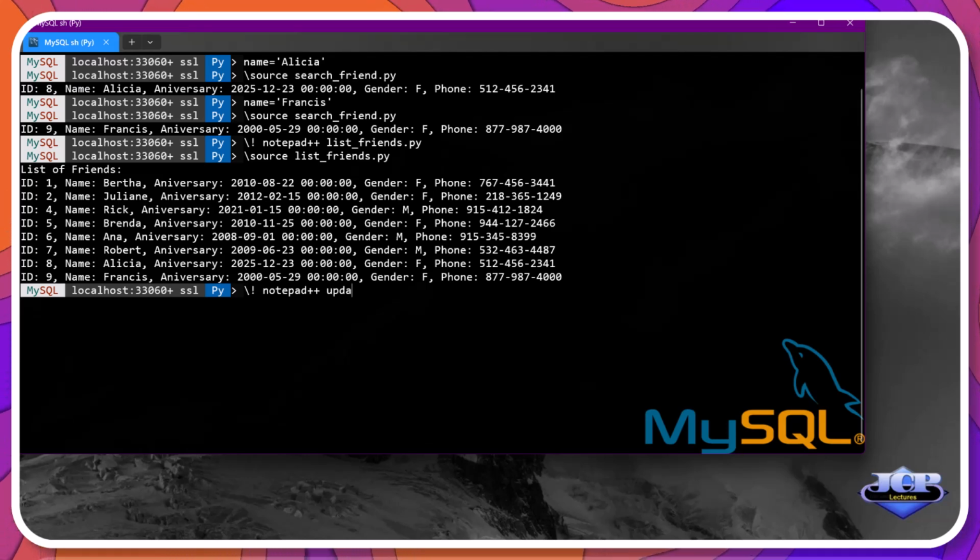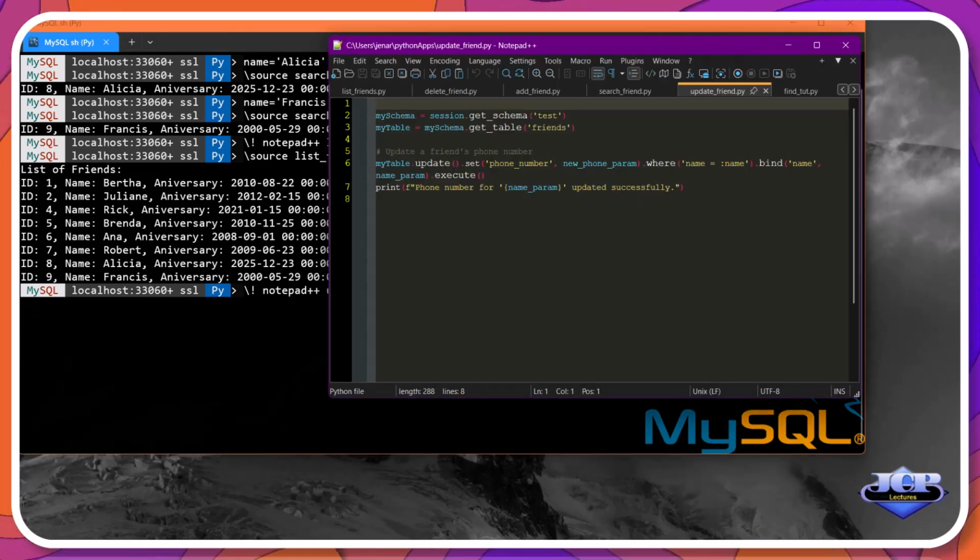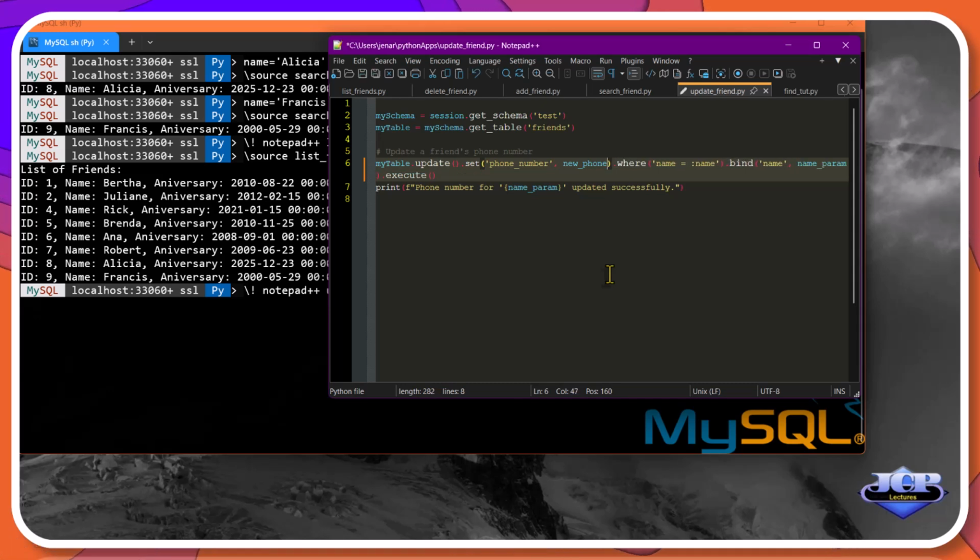Another CRUD operation deals with the modification of record fields. Let's open the script update_friend.py. Here we update with a new phone value the record that corresponds to a given name provided as a parameter.